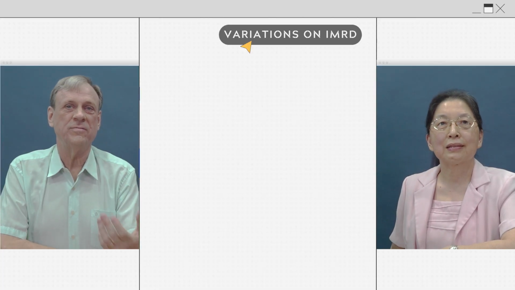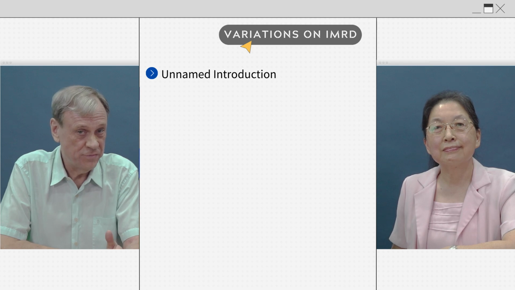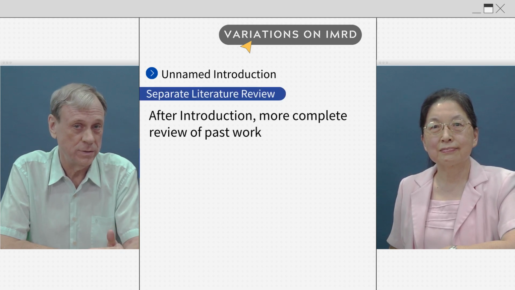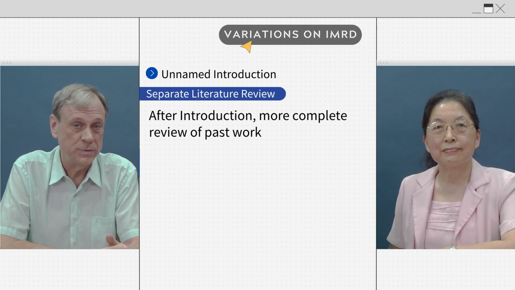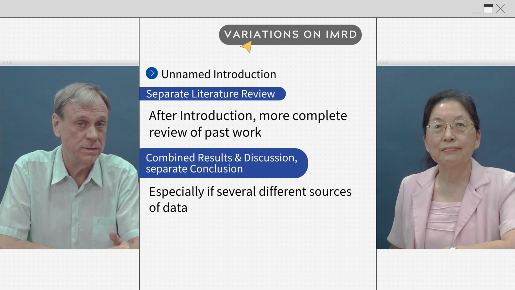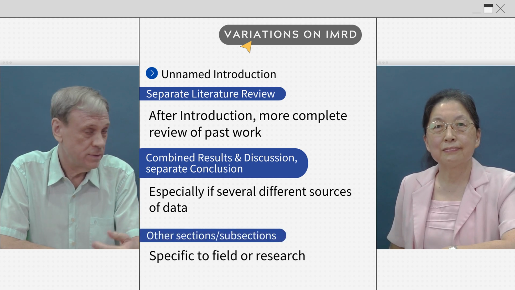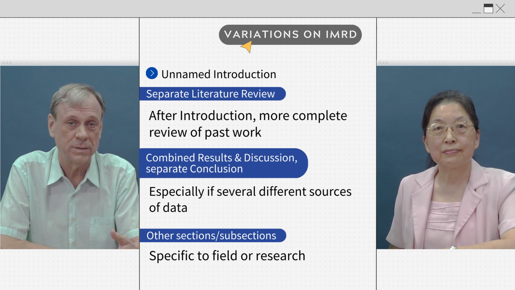Right. So these are different variations on IMRD. Sometimes after the introduction, before the methods, you'll have a separate section on literature review or theoretical framework. Sometimes you have a combined results and discussion with a separate conclusion. Sometimes you have things, as you said, like pedagogical implications or something else.